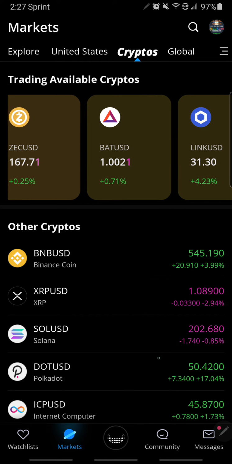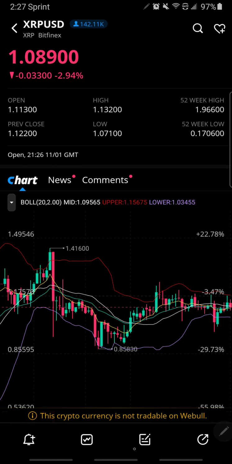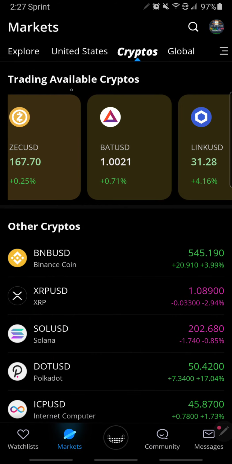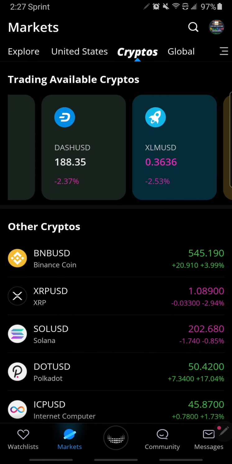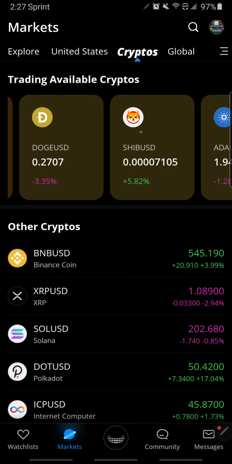So the other available ones, here's XRP for instance. So we will try to trade this one as well. So this crypto is not currently tradable on Webull. You see on here, this is one of those things. XRP, Ripple, is not available. So these are available. Since they are gladly offering you the opportunity to trade Shibu on Webull, so we